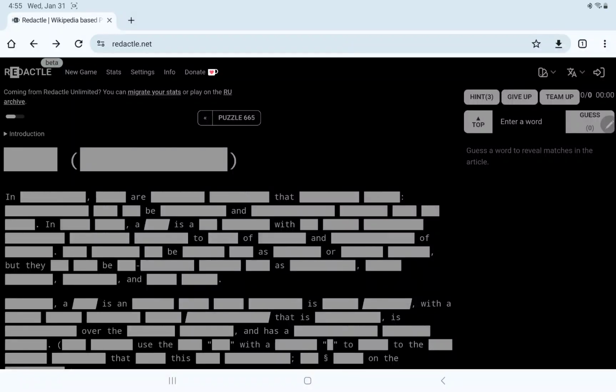Let's play Redactle number 665, and hallelujah, Redactle is finally back. It was unavailable all day. It did come back sporadically, but it just showed yesterday's puzzle. I don't think we can trust the difficulty level. Anyway, it's 4 letters and then 11 for